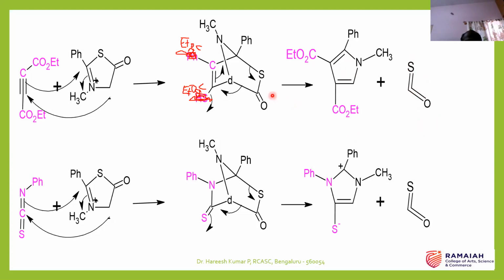Okay, so then suppose this is a neutral product, obtained when it is treated with alkyne with a meso-ionic compound. Suppose a meso-ionic compound is treated with a heteroatom containing one, so you can observe that there will be a reaction, there will be a new bond formation between this carbon and this carbon and this nitrogen and this carbon. So that is how a product is obtained, and this product obtained undergoes